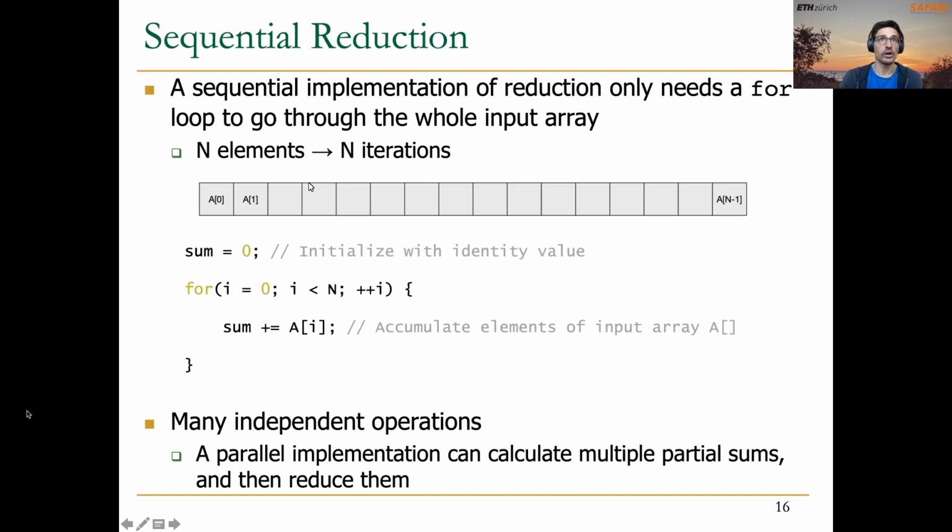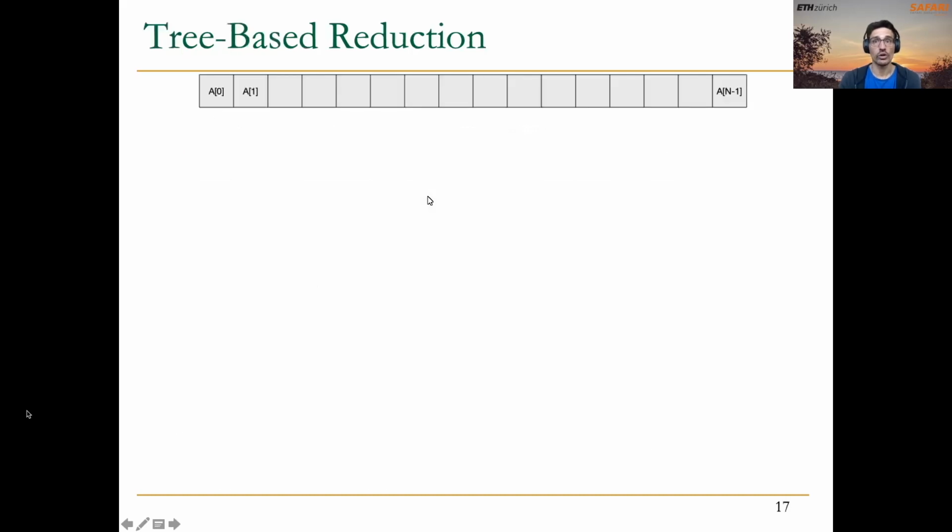So we can, for example, divide the whole computation here and have, let's say, 2 threads, one of them reducing all the values in the lower part of the array, and another thread reducing all the values in the upper part of the array. And that's essentially what we are going to do in the, let's say, most typical pattern for reduction, that is